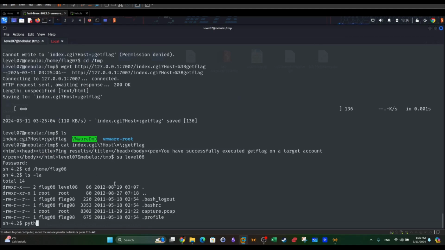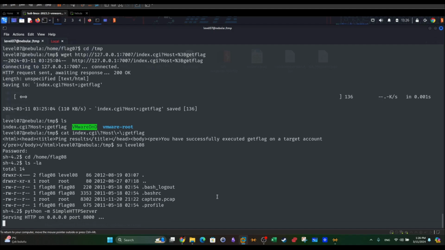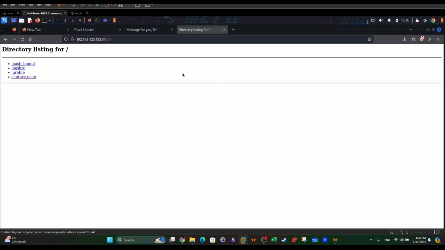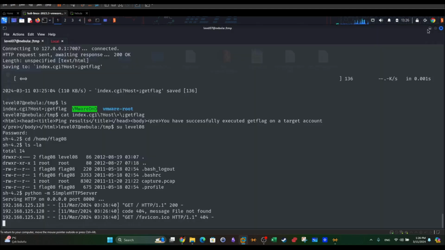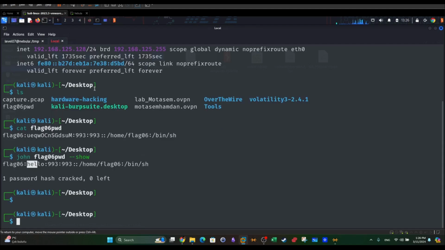So here, python -m SimpleHTTPServer. Okay, now my local machine, or we can just use the browser. Change the IP to 3, and as you can see, we get directory listing here. We download this file. I have already done this, so I'm going to go back to my machine, and here